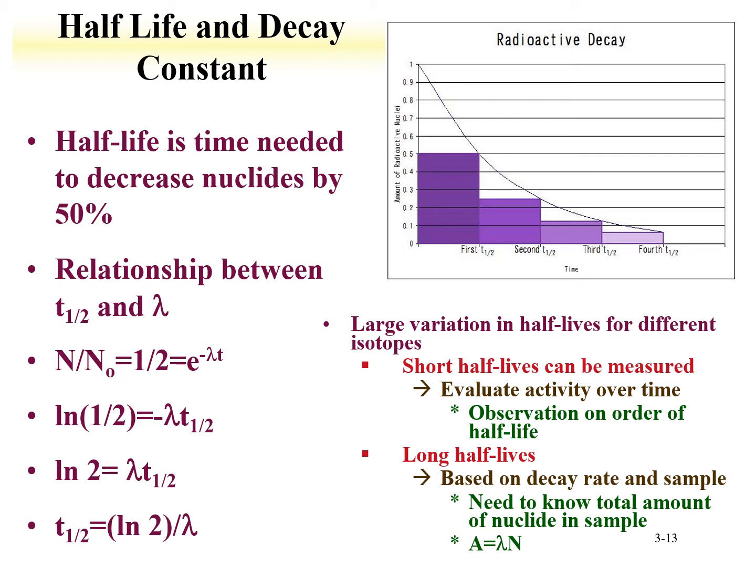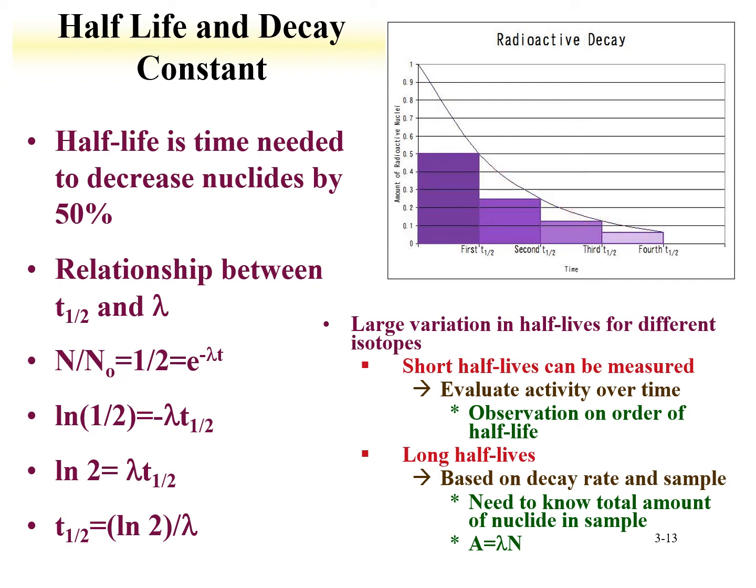There can be large variations in half-lives for different isotopes. Short half-lives can be effectively measured. Imagine if I had something that had a half-life on the order of many minutes to hours. I could use a detector. I could sit and count the decay of that isotope if it was 10 minutes, and I measured a sample every 30 seconds. If I measured the decay every 30 seconds, and I bin that, I could plot it on a line like I would have here, and I would get a decay constant. So something that's a short half-life, that's observable experimentally somewhere along this line, all I need to do is get some areas where I can get some statistically significant changes, and I can generate the equation to derive